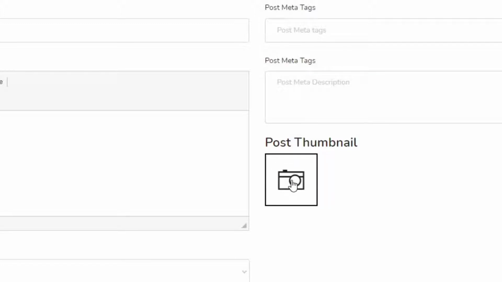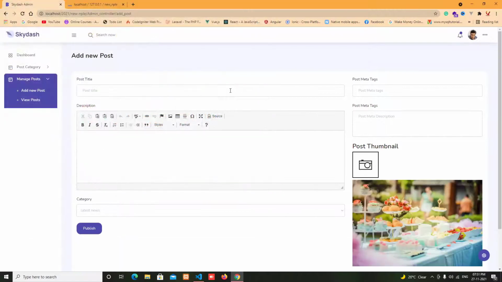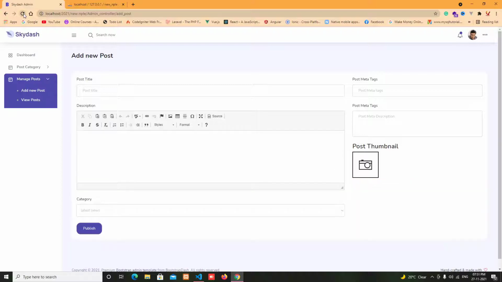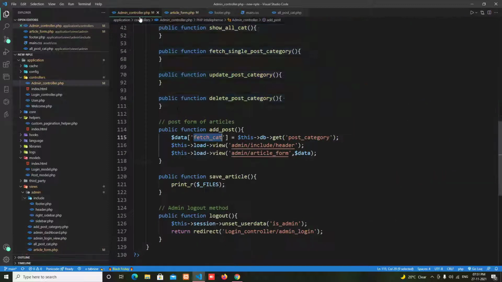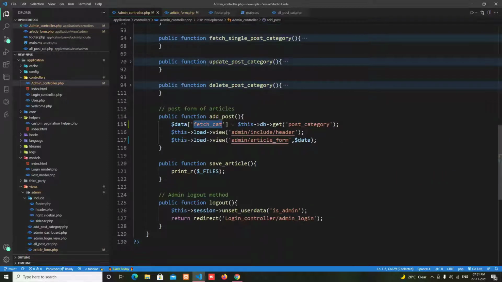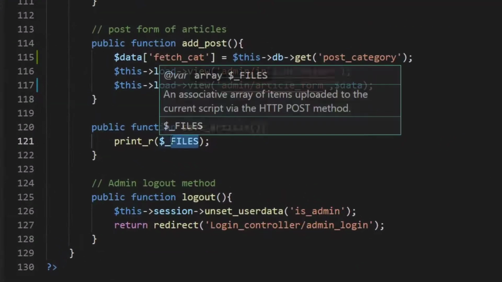Okay, now it's looking good. When I click on this, okay, it's working fine. Now I'm going back to my academy controller, and I replace it again with the post,